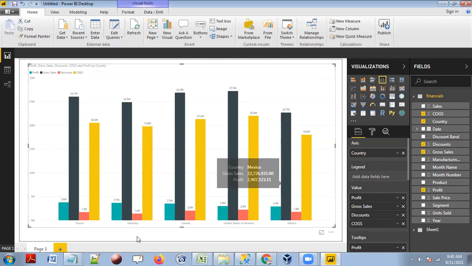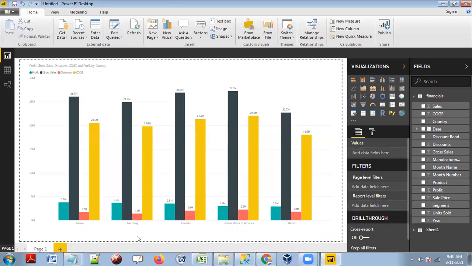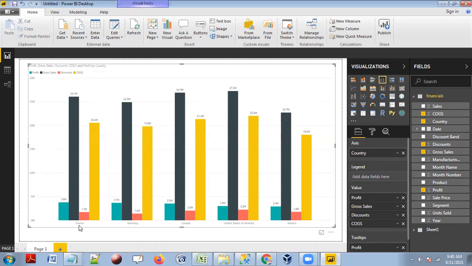Sir, is there any way that I want to represent a single dimension with multiple facts, but instead of showing all these four, I would like to see all those values in a single column, single bar? That's where we have stacked column charts and stacked bar charts.